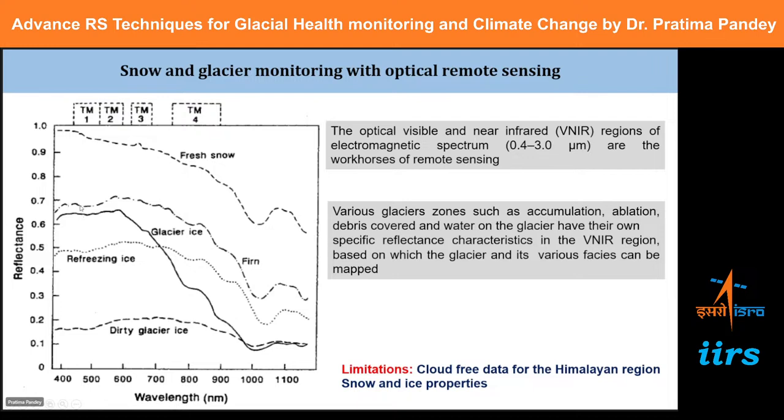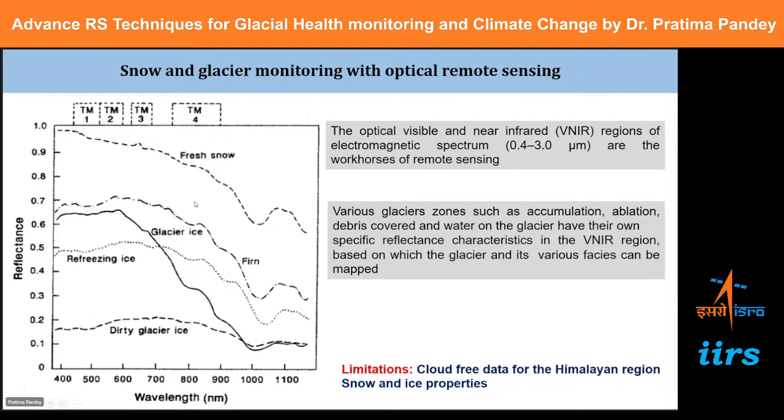So the albedo or the reflectance of firn is lesser than fresh snow. The firn then becomes glacier ice, and the reflectance of glacier ice is lesser than the firn. So as the snow becomes glacier ice, the reflectance or the albedo also decreases. These are the debris covered glaciers. They can also be known as dirty glacier ice because they look brownish with lots of debris on the surface of the glacier.